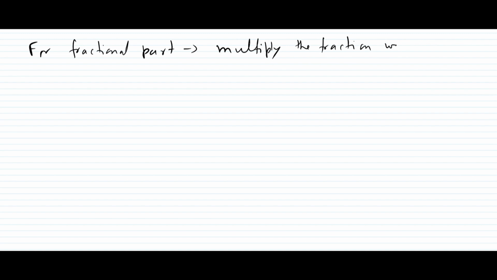So second, for the fractional part, what do we have to do? For the fractional part, we will multiply the fraction with the required base